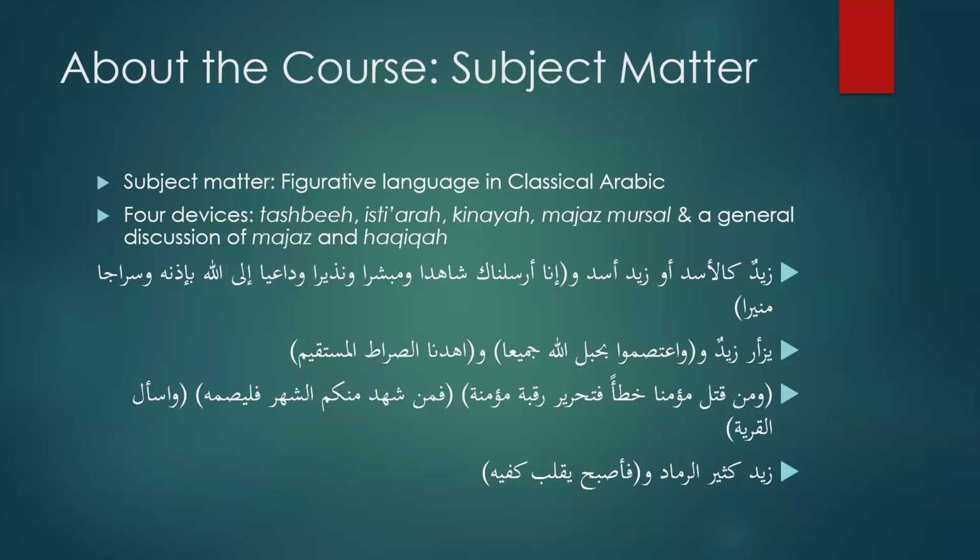We say, أعوذ بالله من الشيطان الرجيم إنا أرسلناك شاهدا ومبشرا ونذيرا وداعيا إلى الله بإذنه. Okay, if we look at this, إنا أرسلناك. Okay, the kaf here is a haqiqa. It's referring to the Prophet Muhammad sallallahu alaihi wasallam. Okay, shahidan is also a haqiqa. Okay, so we have a haqiqa